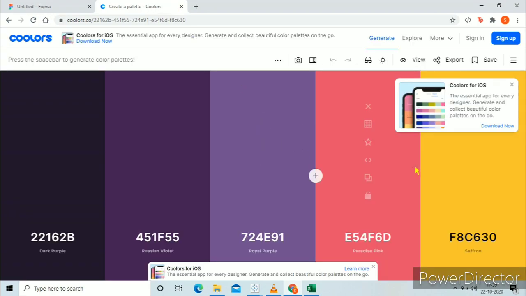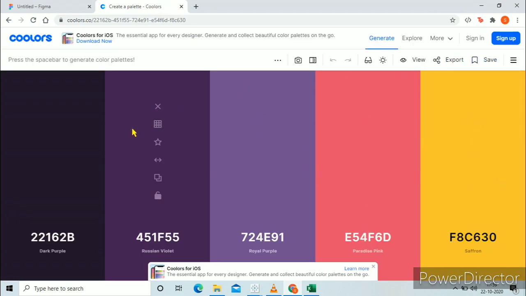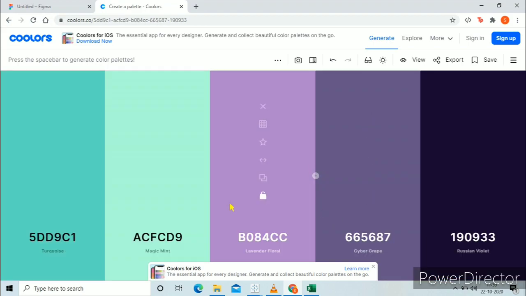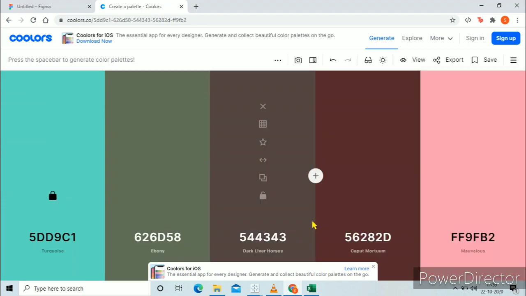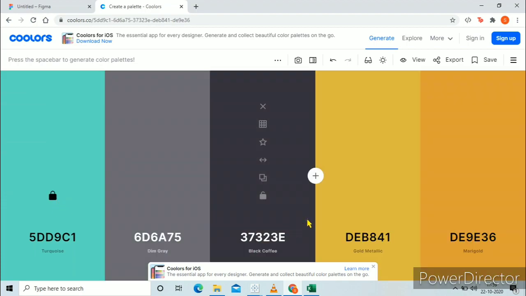Many colors will appear on your screen, so you just need to press the space button and the layout will be changed. So if I like the first color, then I'll lock it, then I'll again press space. So now suppose I like this color, I'll drag this color to the left.